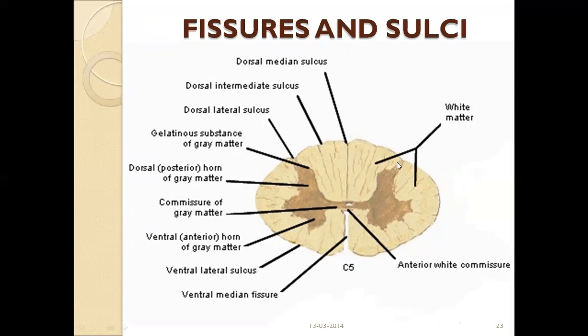Now, when we see the cut section of the spinal cord, we have the anterior horn, also called the ventral horn, then the posterior horn. When we take the section at the thoracic part, we also find there is an intermediate horn. It looks like a butterfly, and this gray matter in the center has an opening for the passage of CSF, that is the central canal. And this is all gray matter. Surrounding the gray matter, we have white matter.